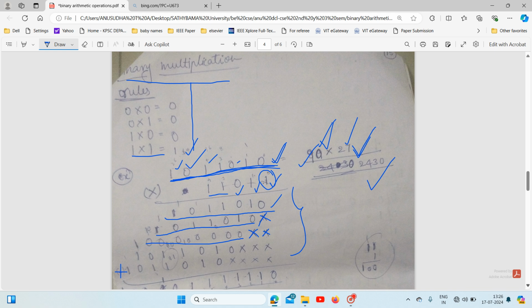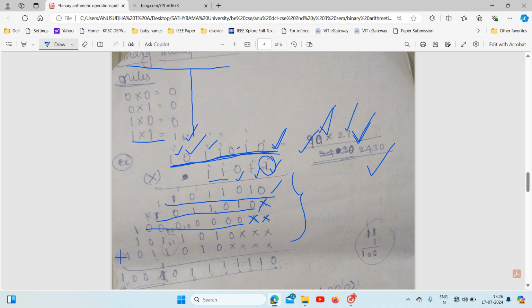So you have to do addition. See how to do addition. It is a normal binary addition. In the first column, we have 0, so you retain 0 like that. No need to perform any addition. In the second column, I have 1 0. The 1 is added with 0, the result is 1. In the third column, I have 0 1 0. The 0 is added with 1, the result is 1. The 1 is added with 0, the result is 1. In the fourth column, I have 1 0 0 0. The result is 1.